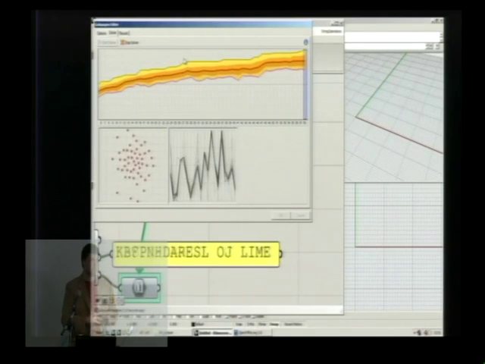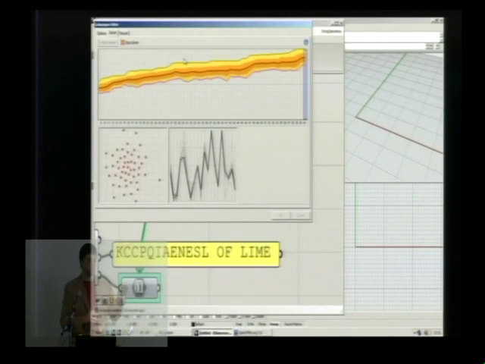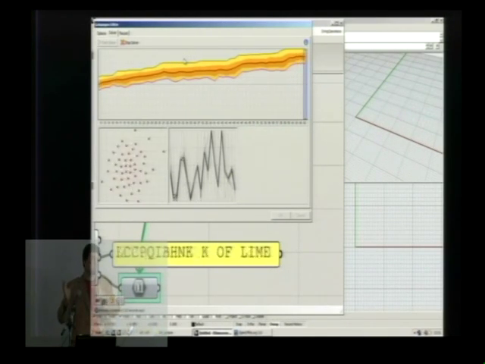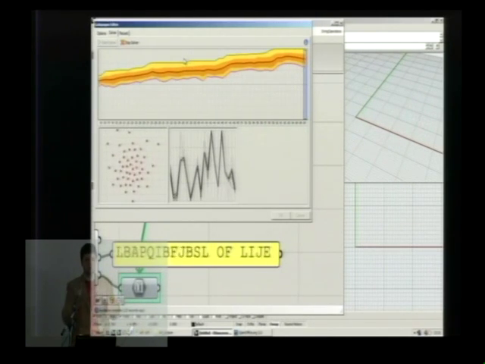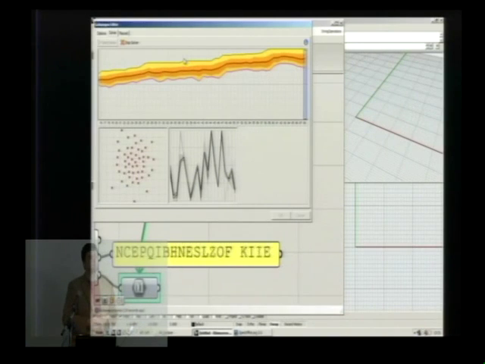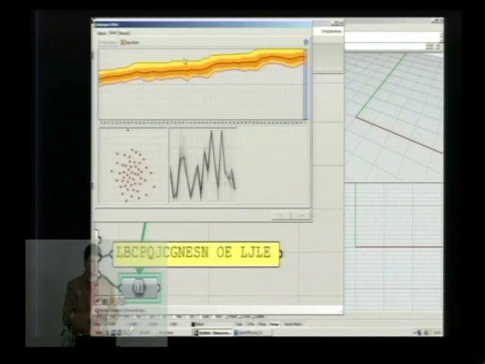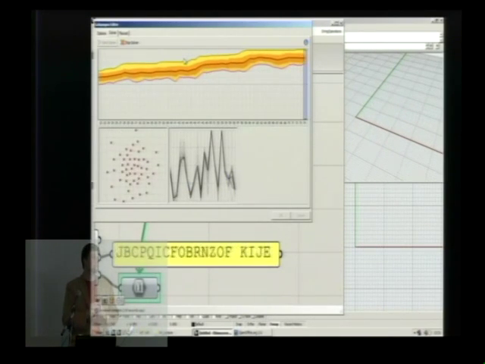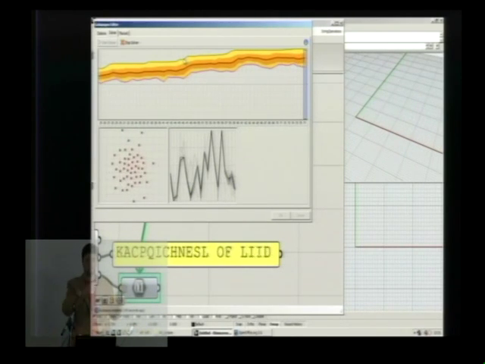Then there is coupling, which determines which genomes get to mate. So you can say, well, I want the top 10%, or I want fit genomes to be more likely to mate, but still give a chance to less fit genomes. There is coalescence, which is how two parent genomes are combined to form offspring genomes. So you can pick gene A from mommy, gene B from daddy, or you can interpolate between them, this kind of thing.